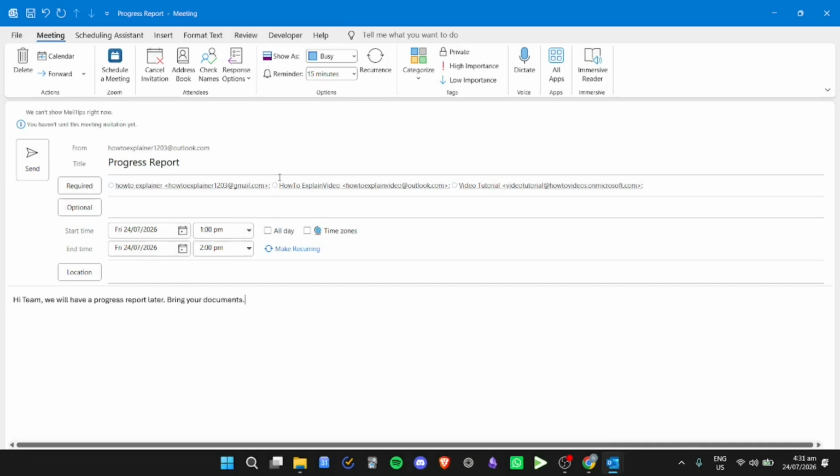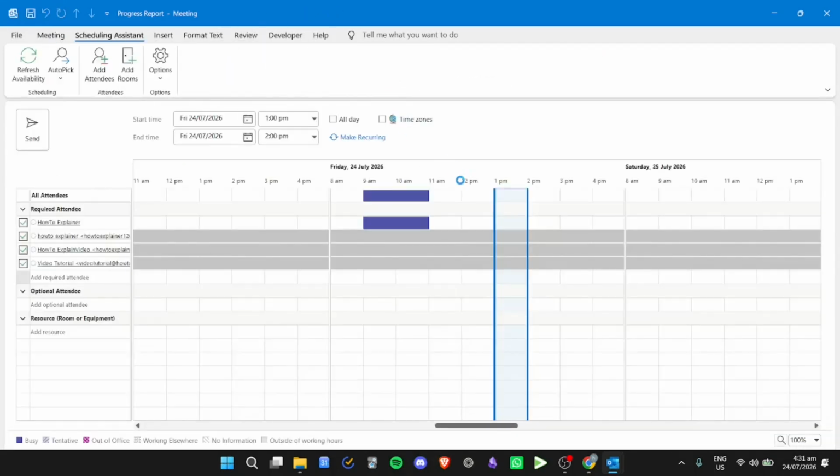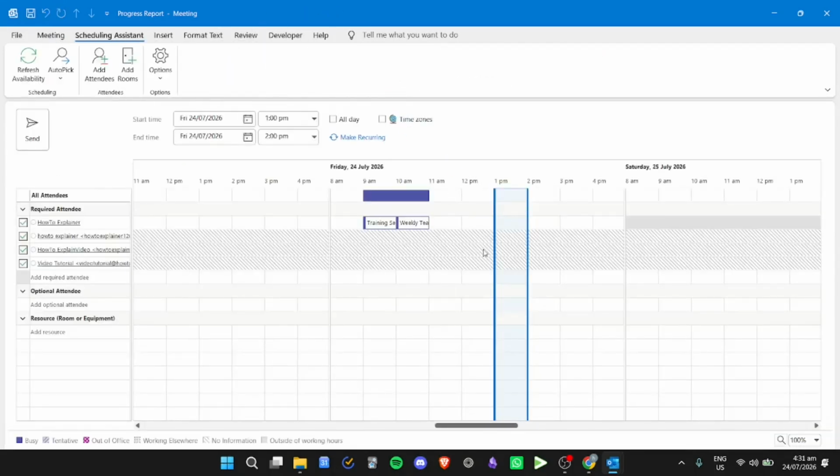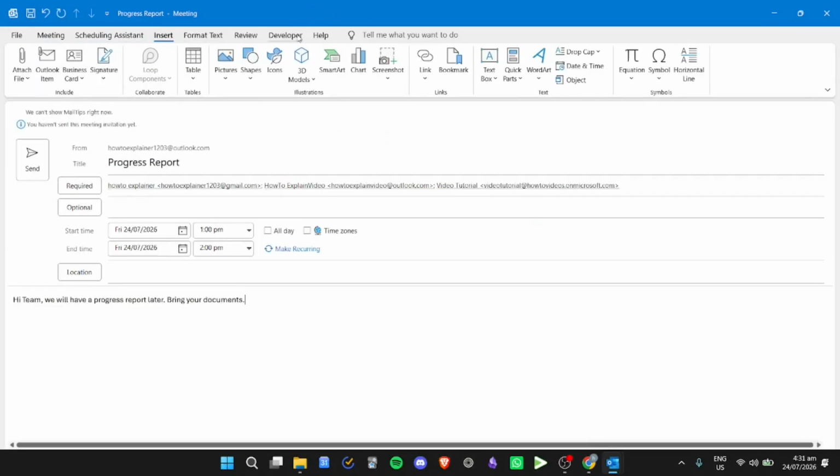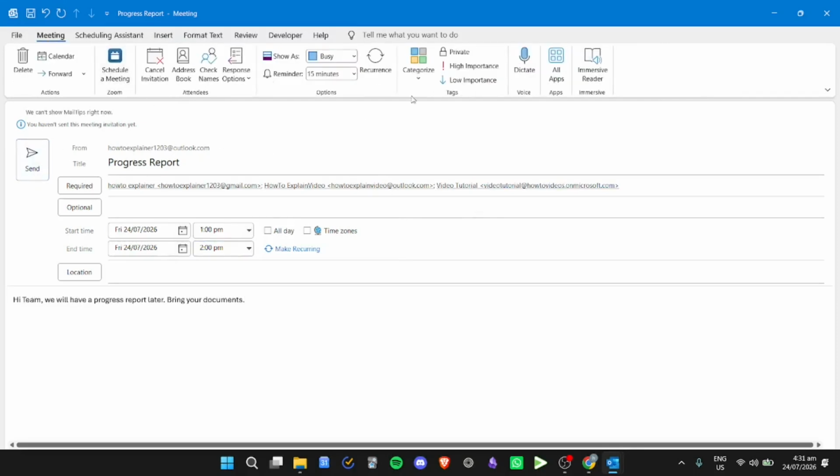And then from here, you can go ahead and do more things. For example, if you need to do something in the scheduling assistant, if you want to double check their schedule, and then you can go to insert if you want to insert some tables, some pictures, and so on. But after you have finished doing your template,